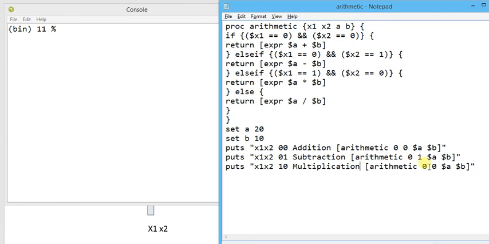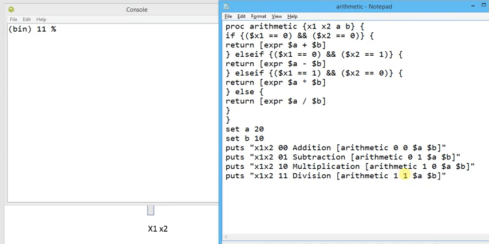Here I am going to update the x1 x2 value as 1 0. And lastly, take the division, puts for 1 1, update as division. Here again we need to update the values of x1 x2 as 1 1.